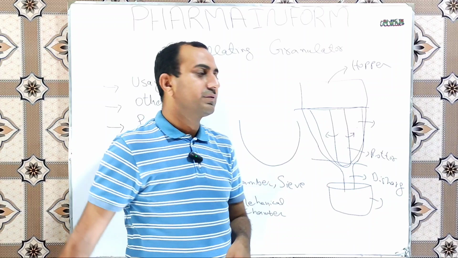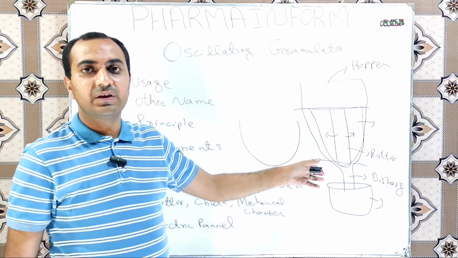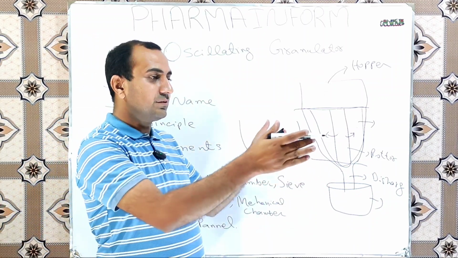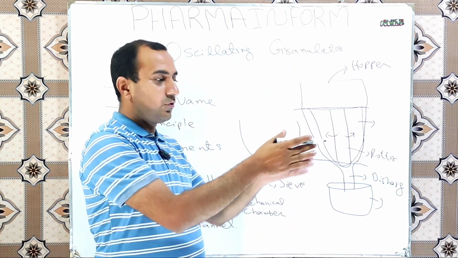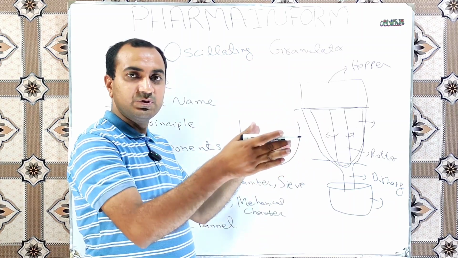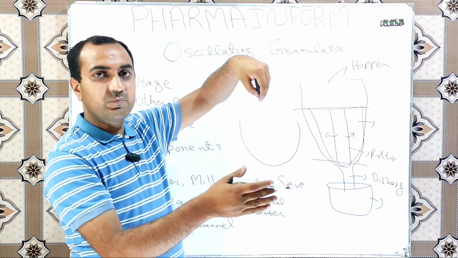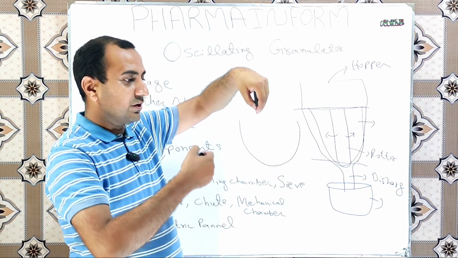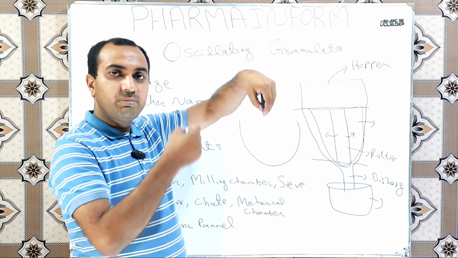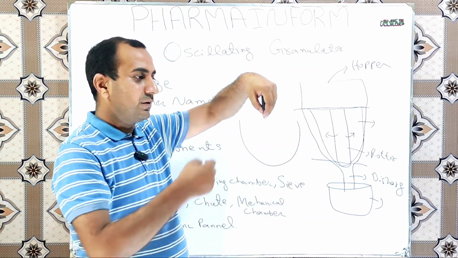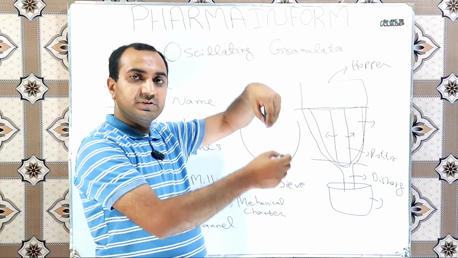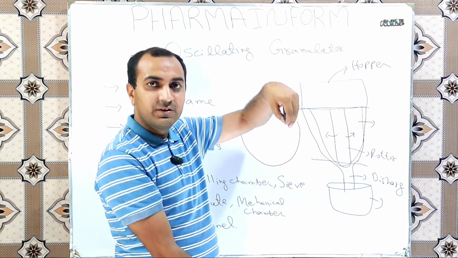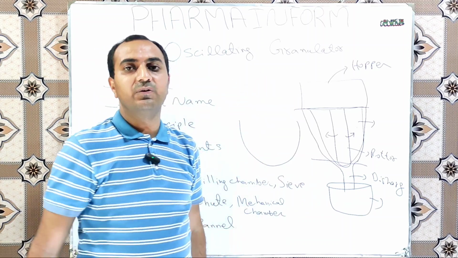This diagram is in vertical position. Basically the oscillating granulator is a horizontal structure. If you take it away from the box, it is in this position. We add granules from the above side. Our rotor rotates in the milling chamber. Here we have the sieve. Here our rotor rotates in a to and fro pattern and crushes the granules. Below we have the discharging chute and collect our granules in the collecting drum.